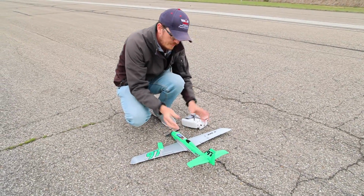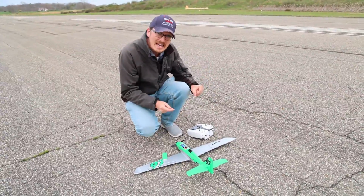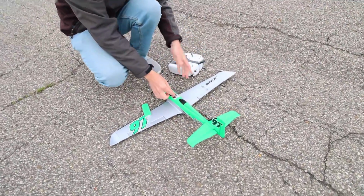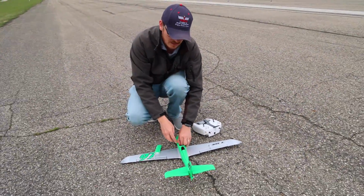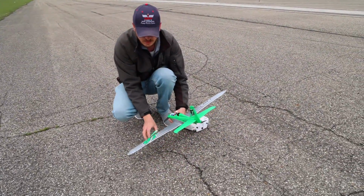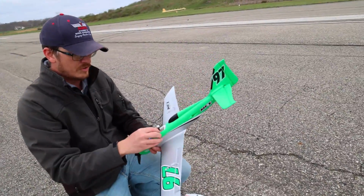Okay, so let's give Durafly HobbyKing some feedback. First of all, the place I got this is on Temu. They're the ones selling it, okay? Let's give HobbyKing and Durafly some feedback. First of all,